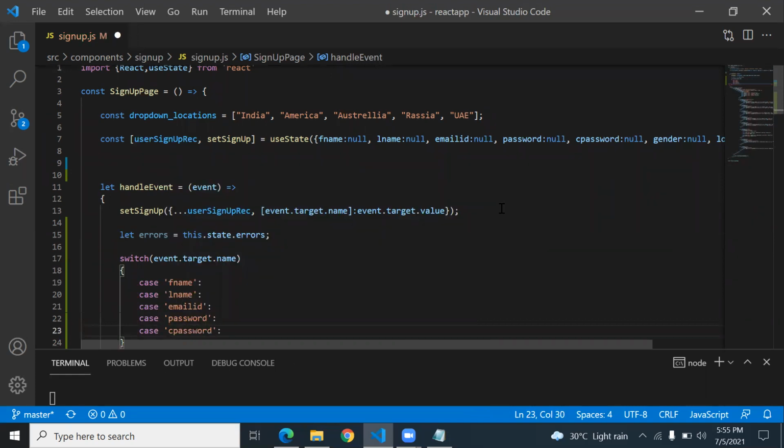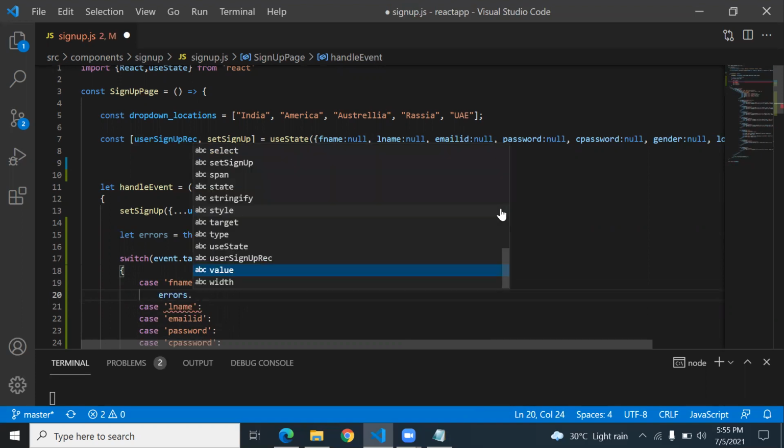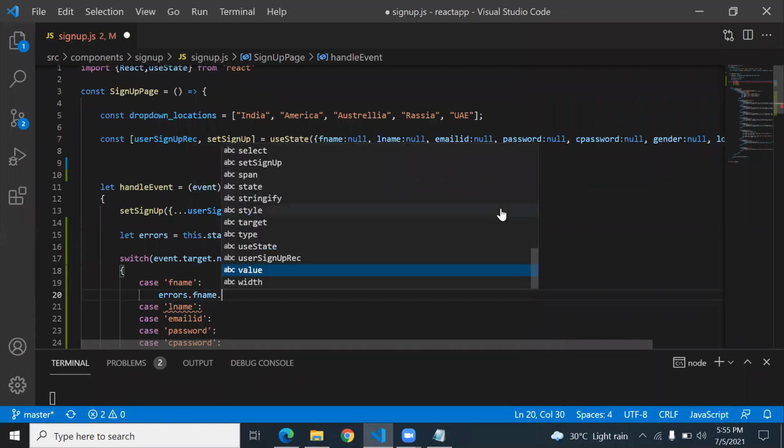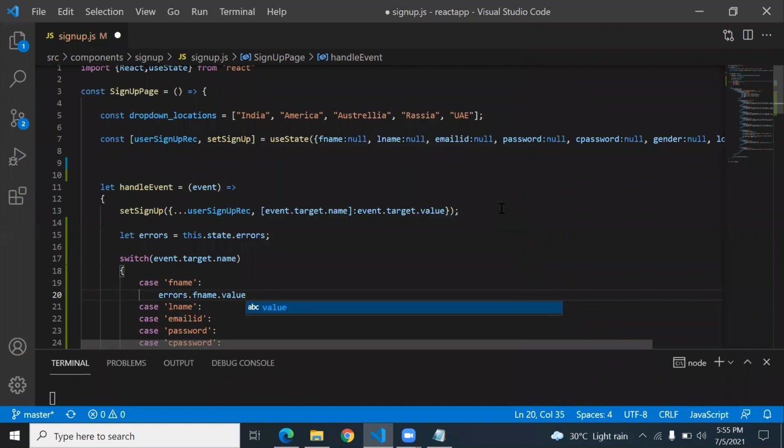Now for the name, I write my validation code like this: errors.fname, errors.fname = value.length.